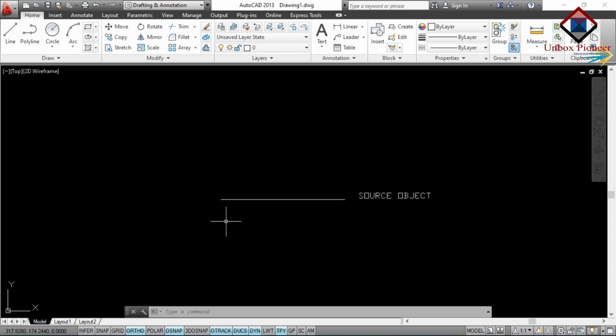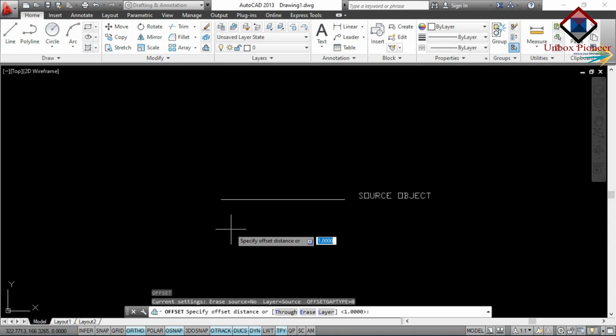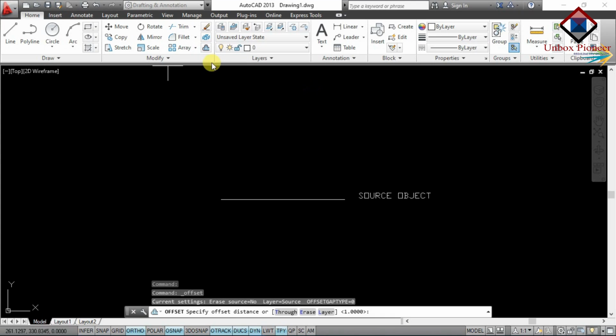Suppose I want this line to be offset. I will type the command O for offset and then enter, or else you can go to the modify toolbar and select the offset command directly from there. Then specify an offset distance. I will put my offset distance as 10, enter.